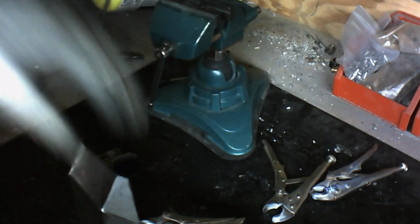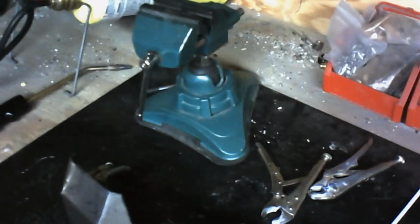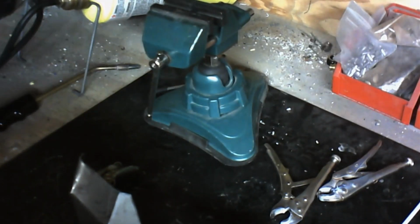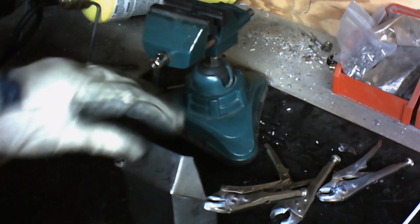Now another thing you're going to want, and I don't have it pictured because I have it off to the side, is a quenching bucket of some sort. You can use a standard 5-gallon bucket. That's what I use, and I have a lid that I can put on it when I don't need to quench anything. But you're going to want to quench these after you get them hot, because if you don't,